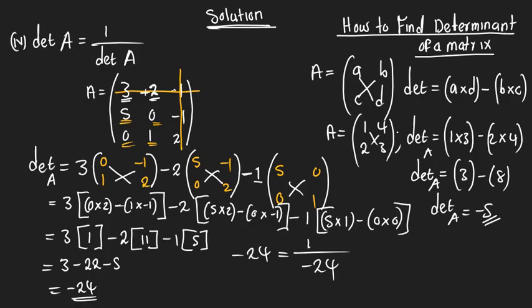So are they the same? When finding the determinant, we put absolute values, right? So this is 24 is equal to, then this is just the same as minus